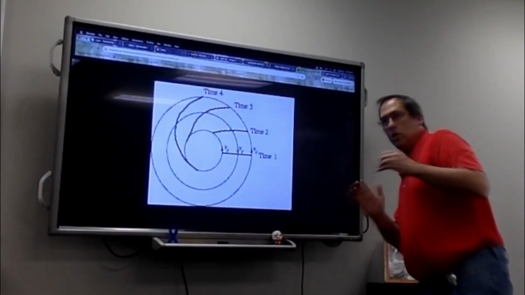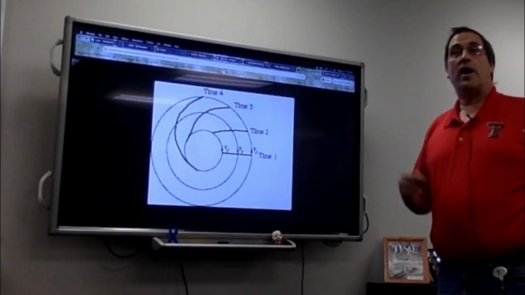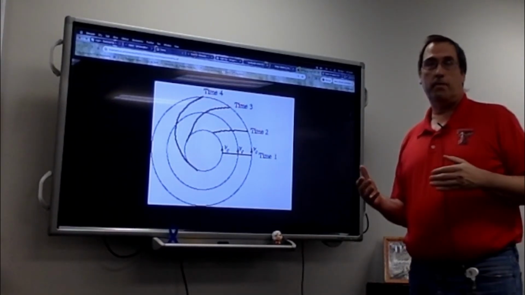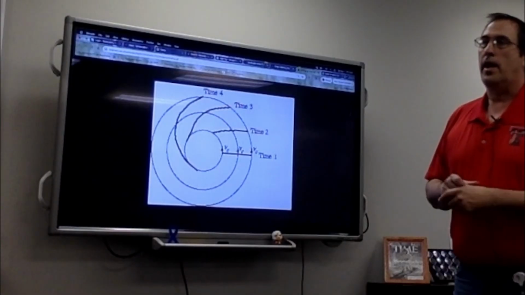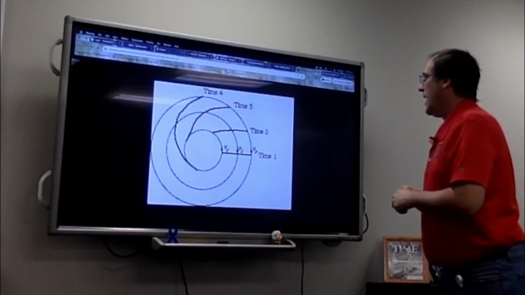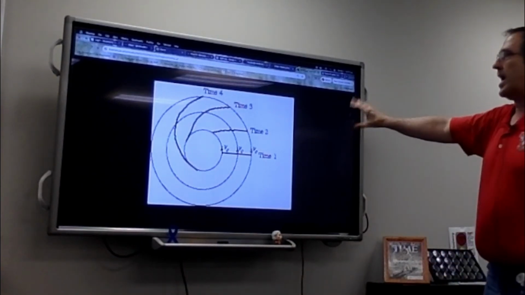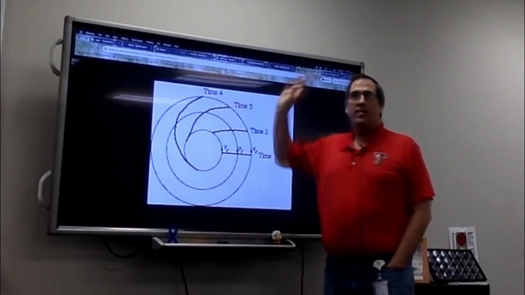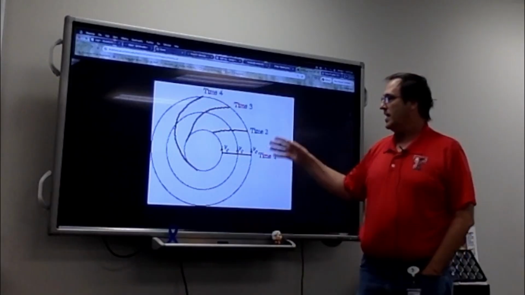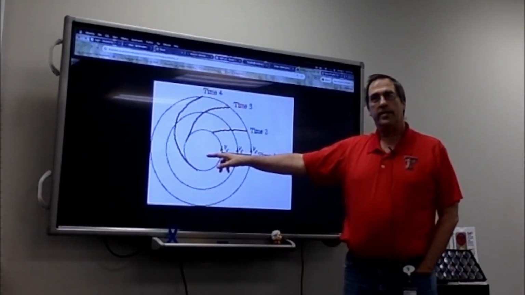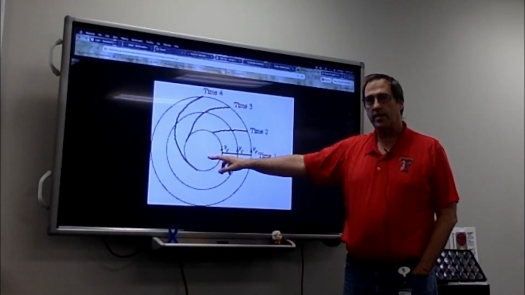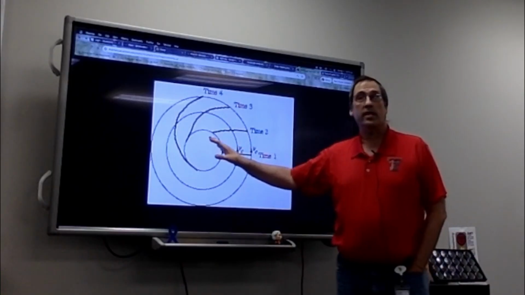If we were closer to the sun, we would have to be traveling faster to avoid falling into the sun, and Mercury has to be traveling even faster. Okay, this is Kepler's laws of planetary motion, and that's what we expected to see when we look at a galaxy. The problem is that is not what we see. We see that essentially objects are traveling at the same speed, instead of traveling at different speeds based on how far away they are from the center of gravity, from Sagittarius A star.